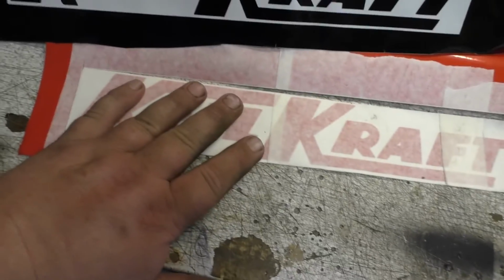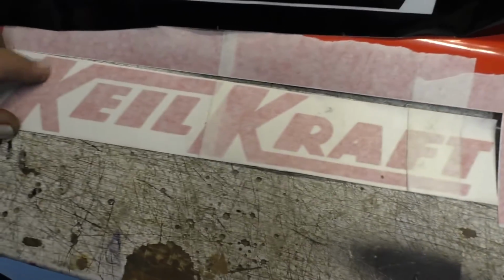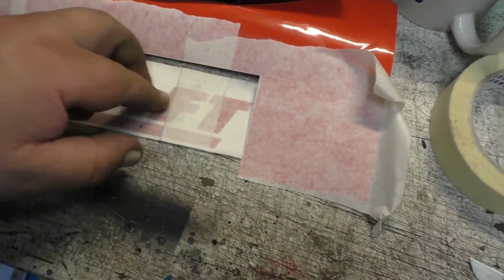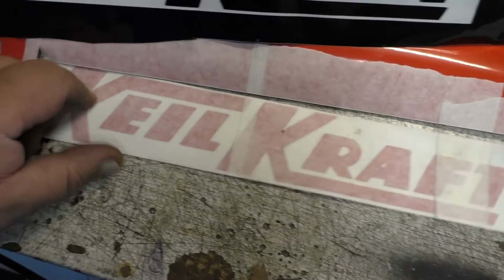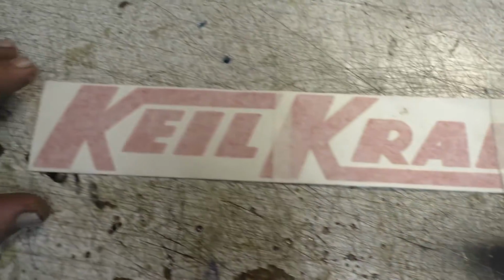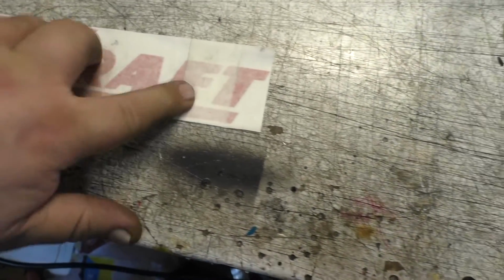So, transfer tape stuck on to the vinyl. There it is, and I've just basically cut it out around it. Now you want to rub it down to make sure that it does stick to the masking tape or the transfer tape. Yeah, let's get rid of that red one now, we don't need that. Here it is. Okay, because we're going to now peel off the backing and the vinyl is going to stick